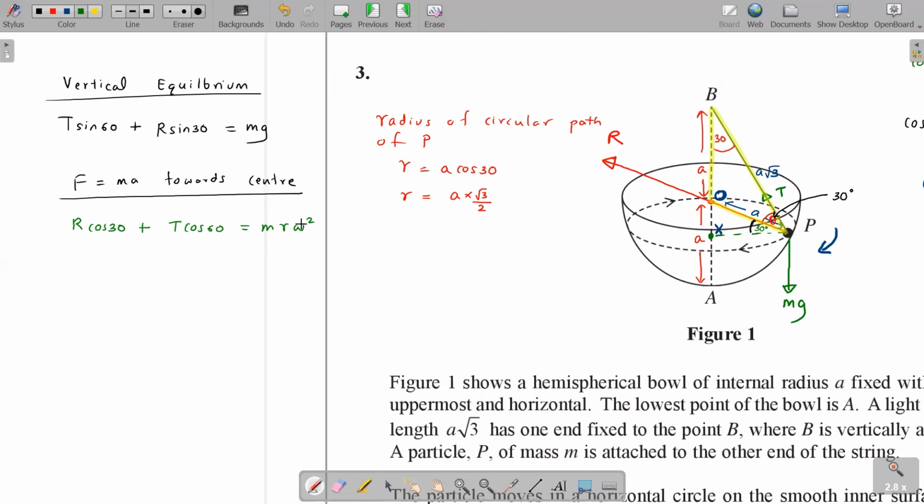Okay, so they're asking us to find the tension, right? So let's simplify. R cos 30 plus T cos 60 equals m into r, which is a root 3 over 2, into omega square. So I need to find T. What I'll do is, from both the equations, I'll make R the subject. In the first equation, I'll keep R sine 30 equal to mg minus T sine 60. And in the second equation, I'll keep R cos 30